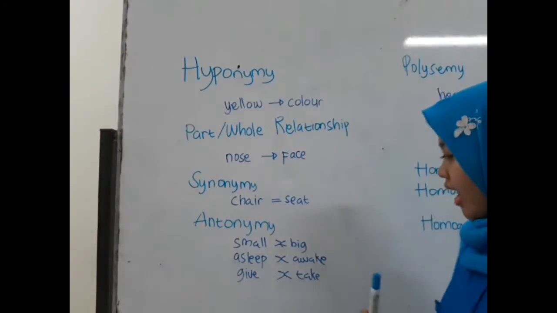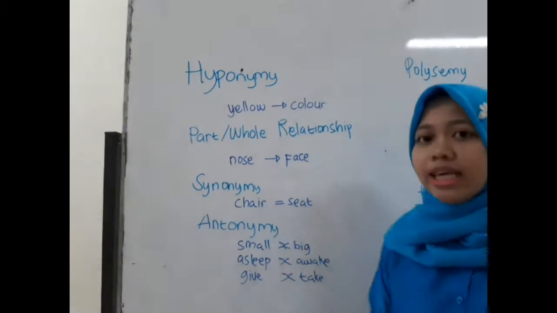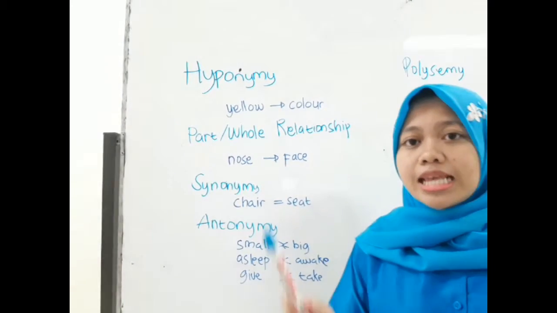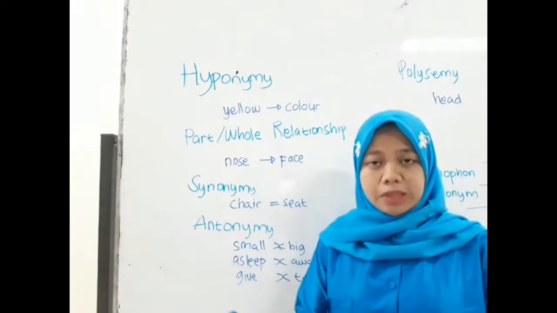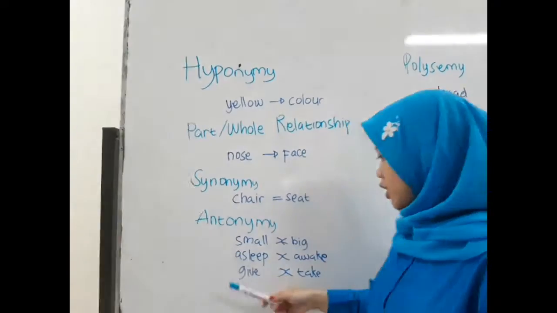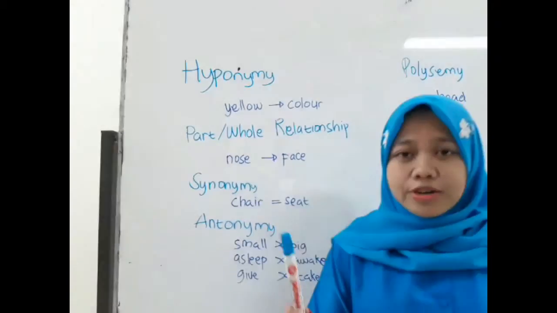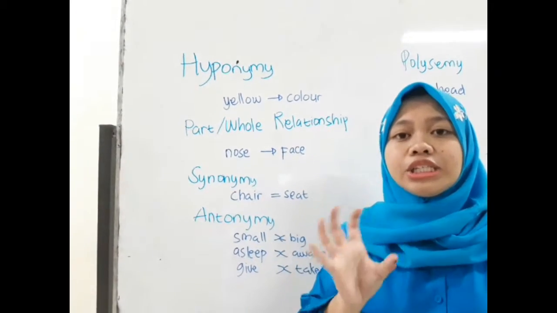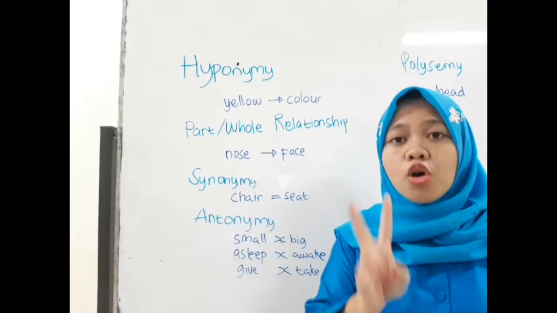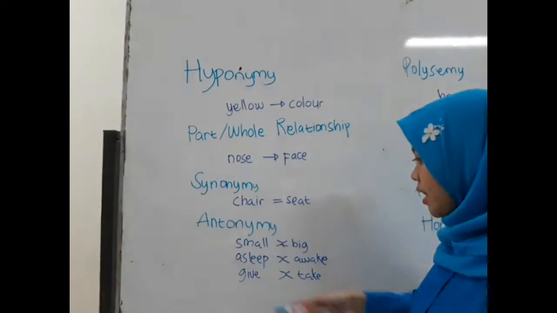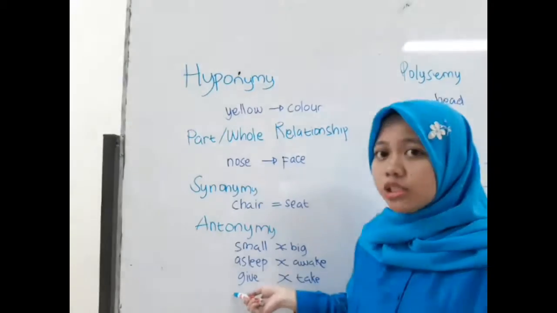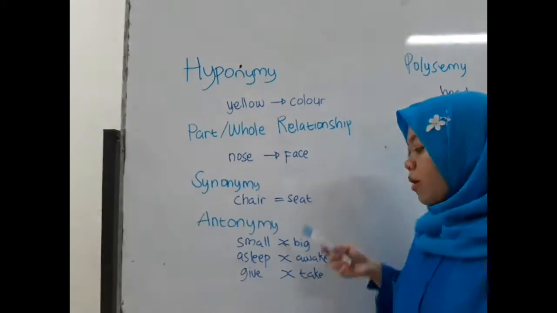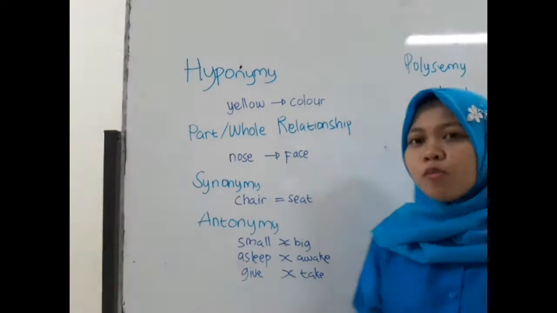And the last one is converseness antonym or relationship antonym. This one is the example. Converseness antonym is an antonym that has a relationship between those two words. For example, give and take. There is a relationship between give and take. Why? Because when someone gives,